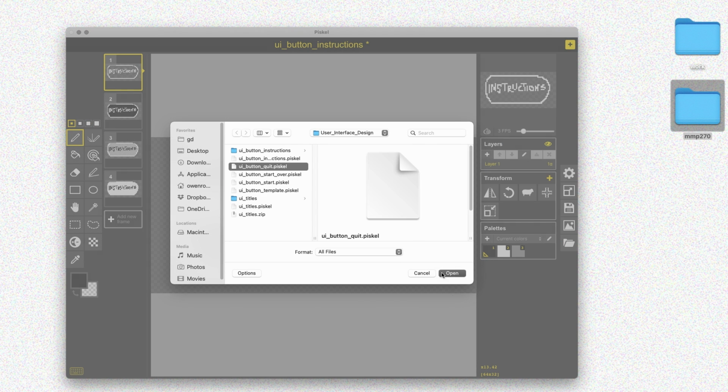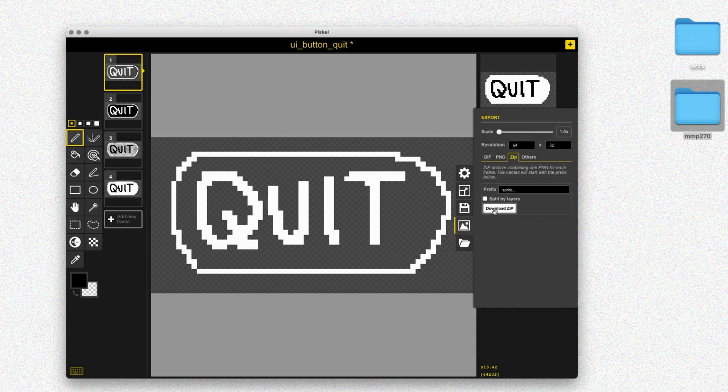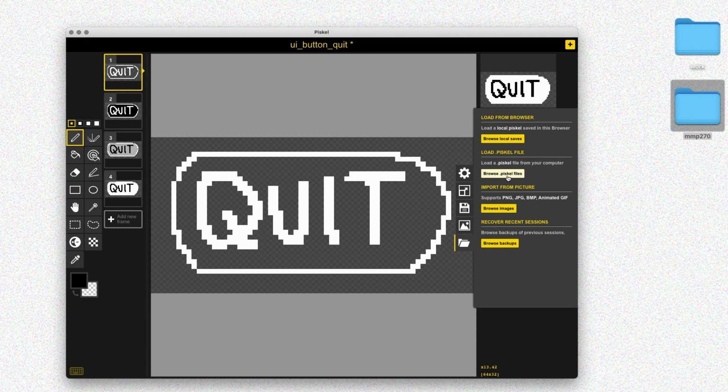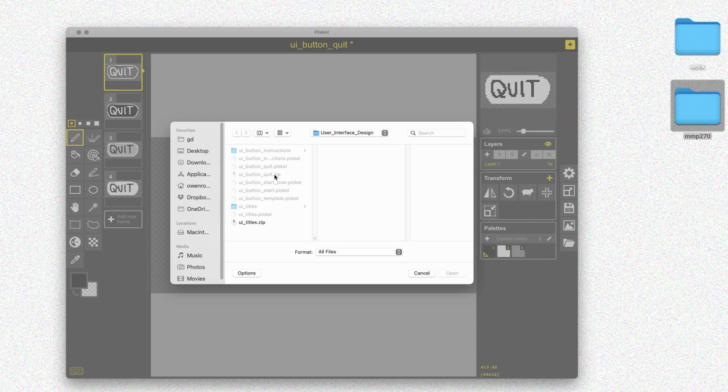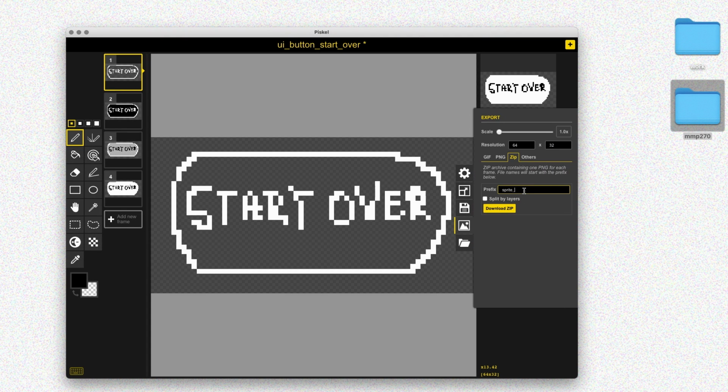So let's go with the quit button, go to export and choose the zip again, and make sure to add the prefix UI button quit, and then download our zip. And so those button files will just have the number of each frame, but that's good enough. They all say the same thing, and we can see them pretty easily, so we don't need to name each individual frame. So then let's go on to the start over, and we'll set the prefix UI button start over,